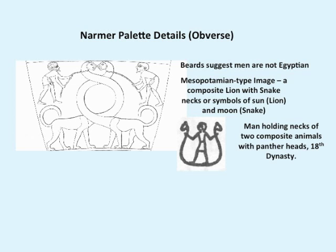In the third register, we see an image which seems to come from Mesopotamia, with the composite snake necks anyway, and the lion body and head. The beards also suggest these men are foreigners. This suggests, as Bob Brier has mentioned, that this palette was carved over a period of time, perhaps by 2 different individuals. In fact, this image may be the original image carved in such a way and borrowed from Mesopotamia